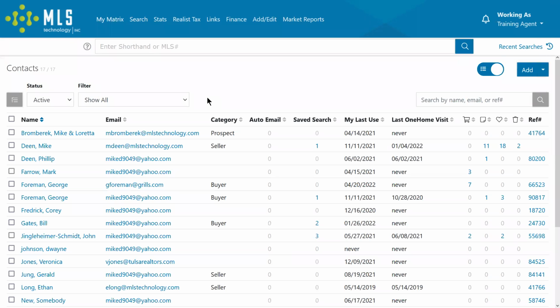Under the Contacts section, we're going to see just a massive list of all of our different contacts that we've added into the system. It's going to show their name, their email, what category they are, if we've actually tagged them as a seller or buyer or whatever. If we've created an auto email for them or created a saved search for them, when they last were used on our end, so whether or not I had created them and then never sent anything to them, or created them and sent them something just recently. But we also see any carts that we've created,